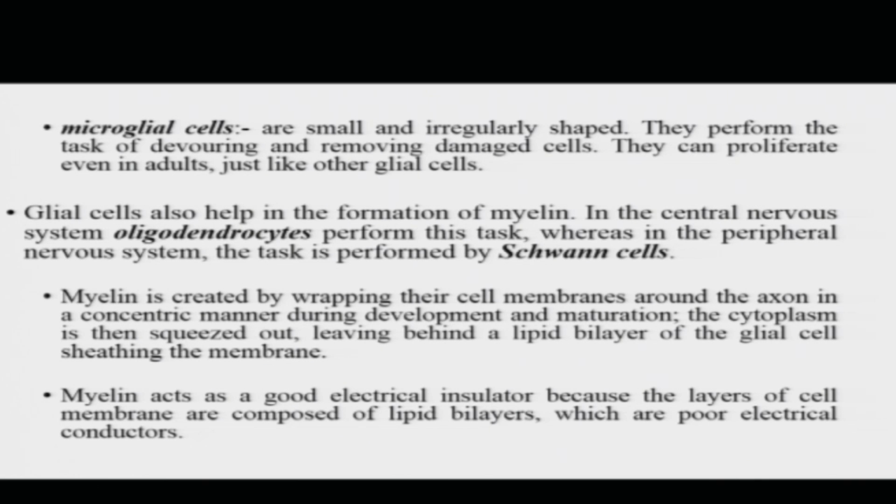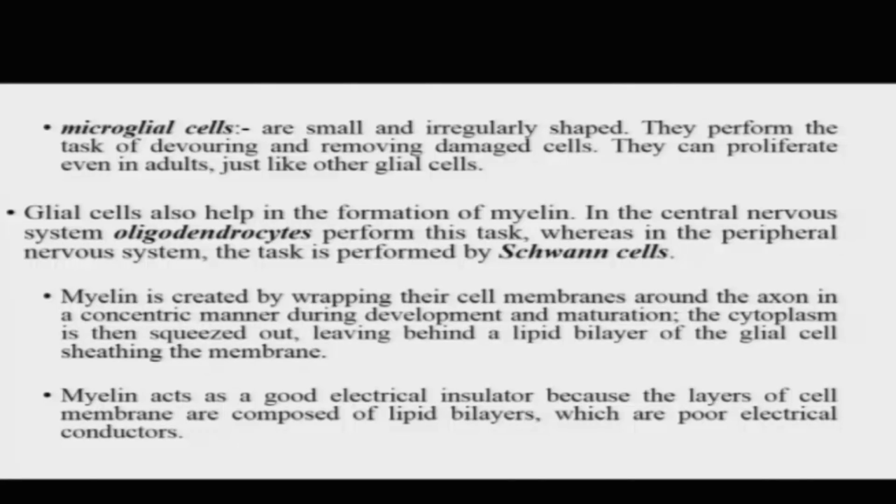Other kinds of glial cells are the microglial cells. These are small and irregularly shaped, and they perform the task of scavenging. They act like phagocytes, devouring and removing damaged cells from the nervous system. So, if any cells get damaged, the microglial cells perform this task of scavenging and cleaning up the damaged